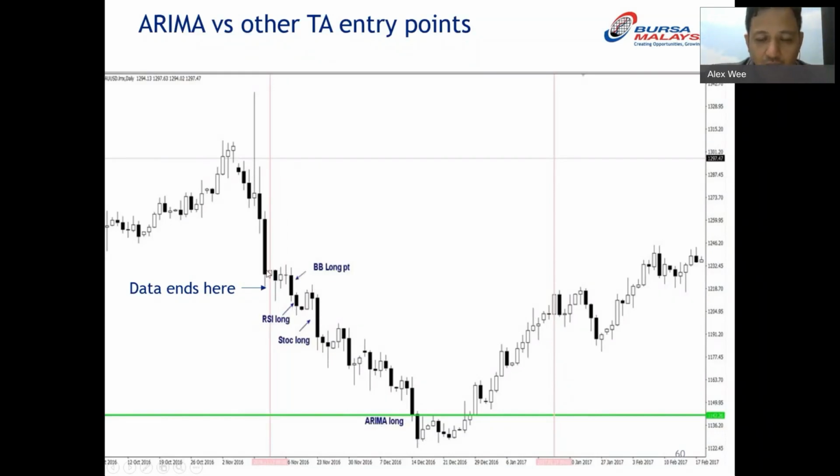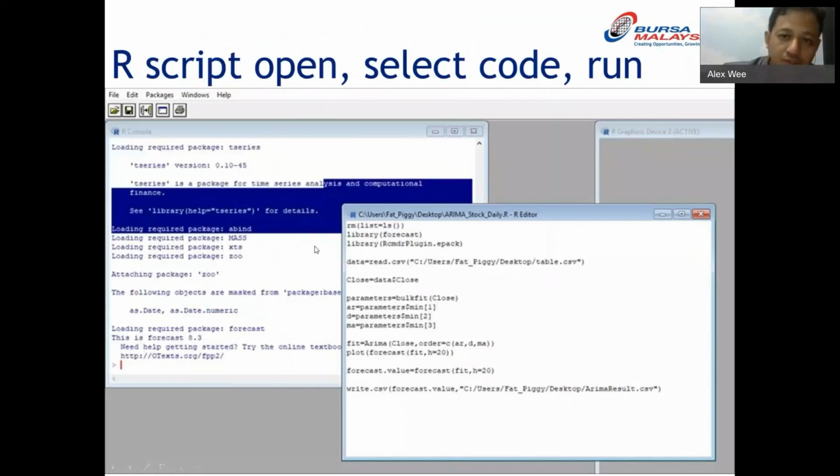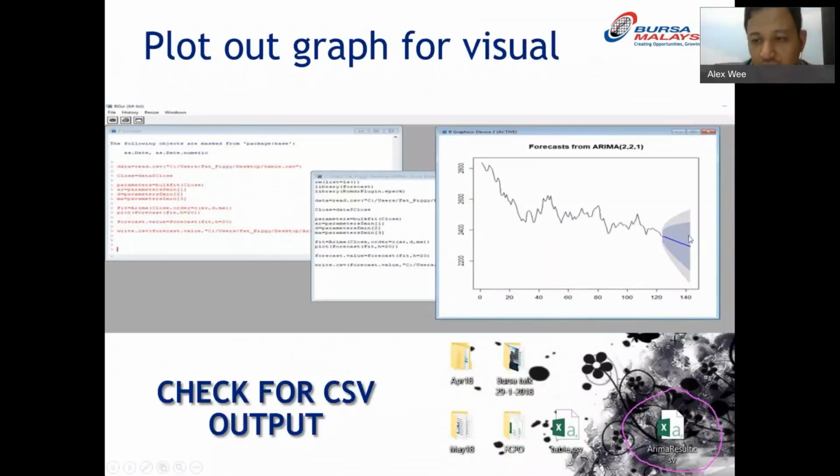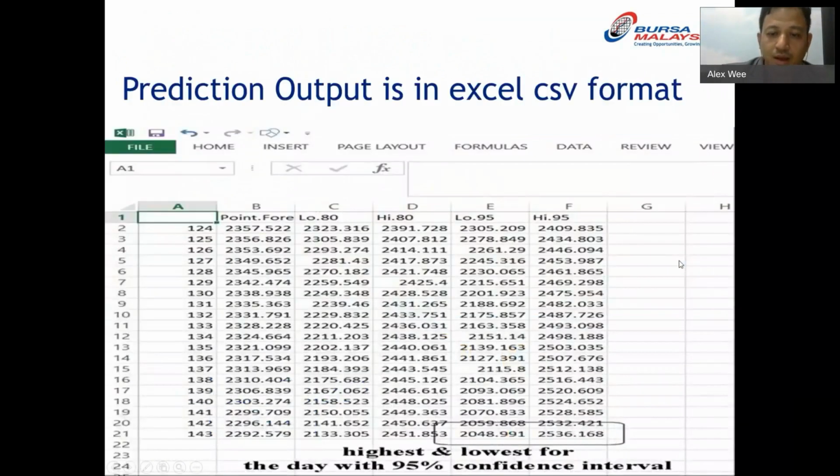At this point of time, all the decisions have been made. All the indicators have actually shown where you should buy. So it's fair. It's not like only afterwards it shows. No, everyone shows at the same time. It's fair. So this is R, and it plots out a graph where you should buy, the upper and lower limit. That's what R is.